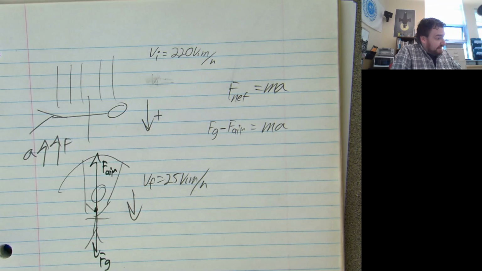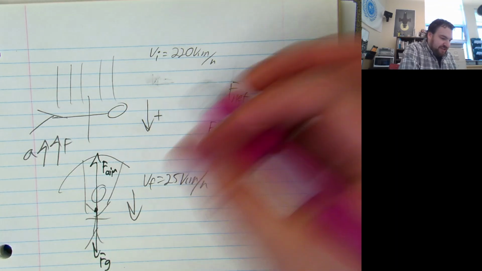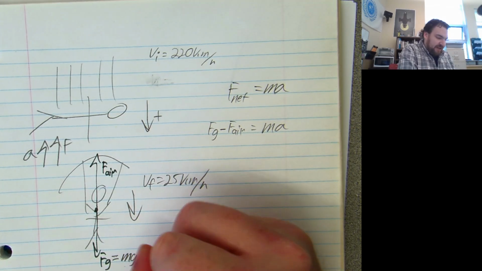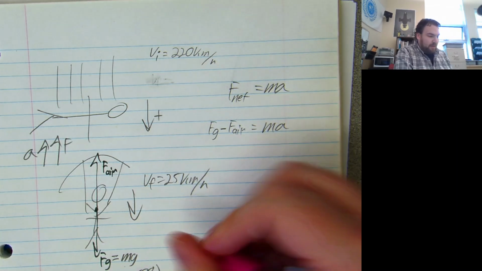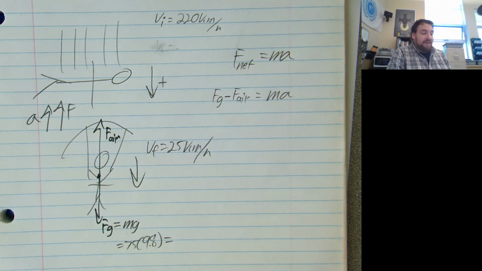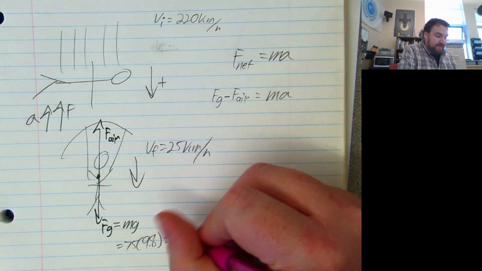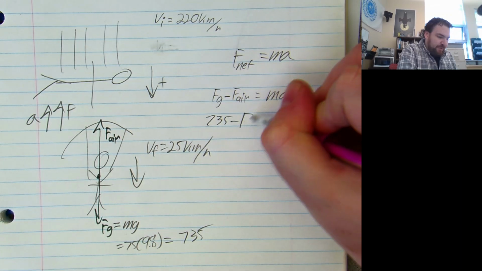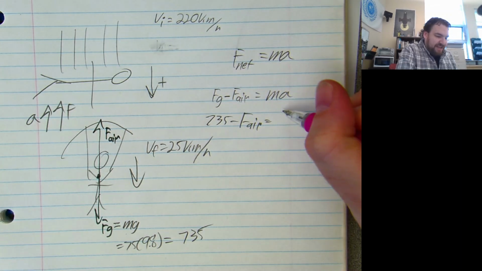FG is, she's 75 kilograms. So FG is going to equal mg. So that's going to be 75 times 9.8. What is that value? What's 75 times 9.8? It's going to be just below 750. 740 something? 740 what? 75 times 9.8. 735, not 740 anything. 735. So FG is going to be 735 minus the force from the air is going to equal 75 times